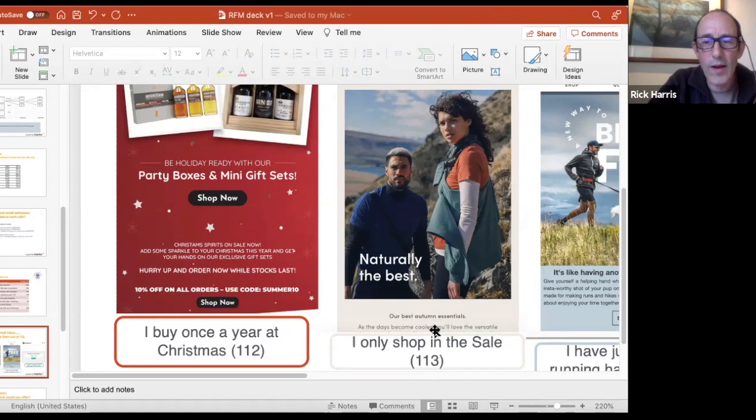Because what they are asking me to do is get excited about a 10% reduction, and they are offering it on everything. Now, if I'm a 2 and I would have spent 40 quid last year probably on this,